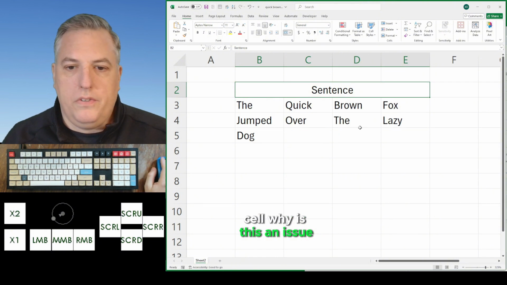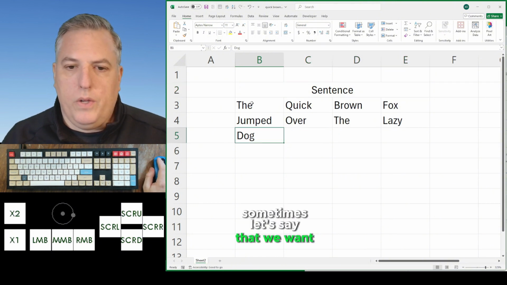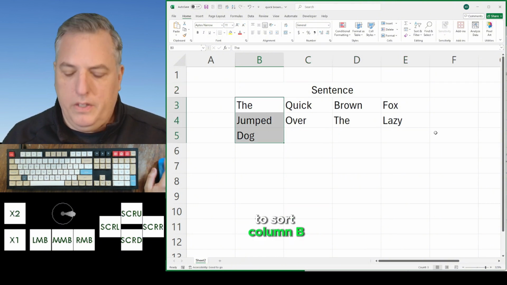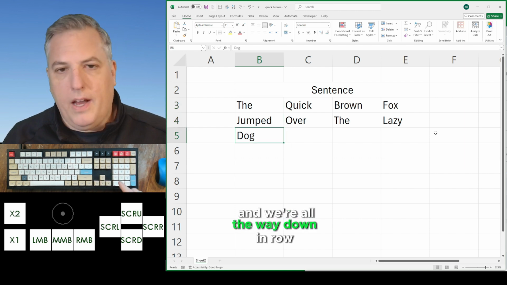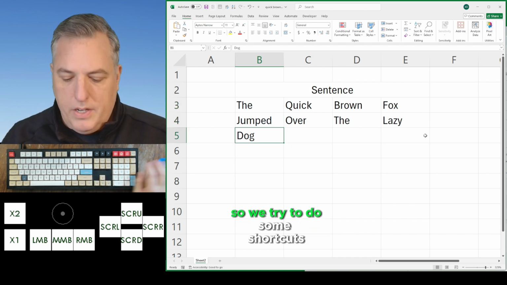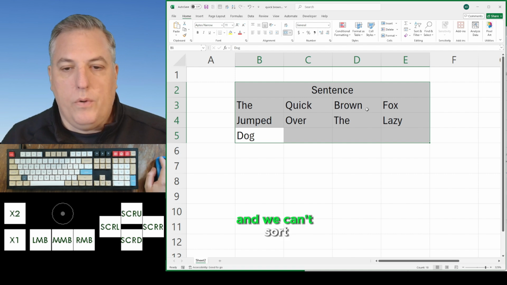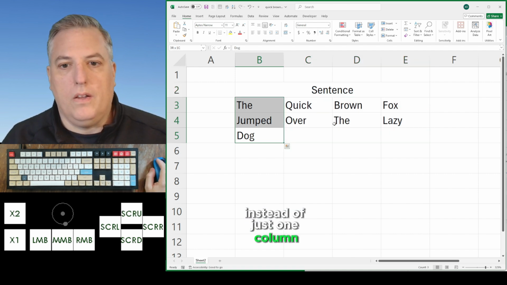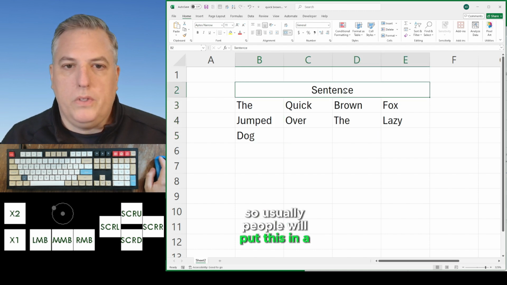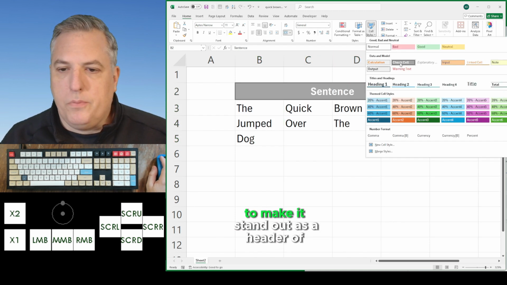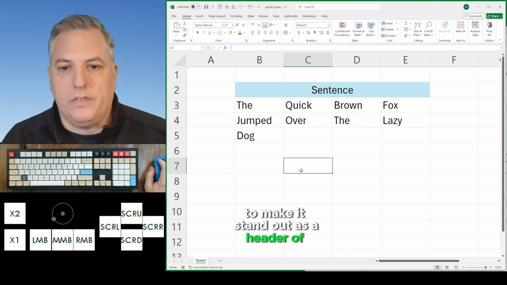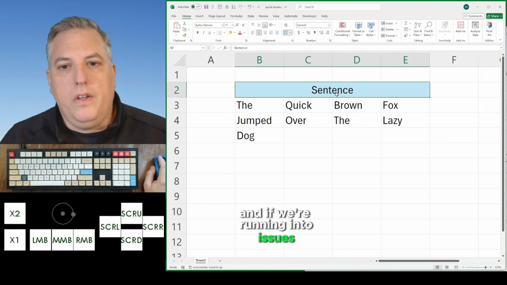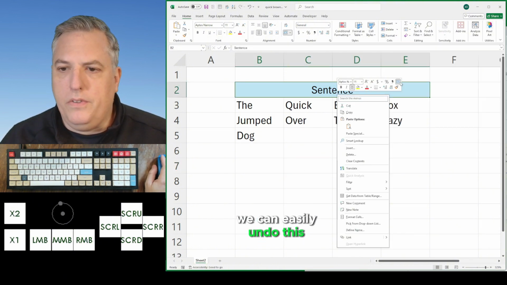Now, why is this an issue sometimes? Let's say that we want to sort column B and we're all the way down in row 1,000,000. So we try to do some shortcuts and we can't sort because we've highlighted the entire group of data instead of just one column. So usually people will put this in a different style to make it stand out as a header of sorts. And if we're running into issues, we can easily undo this